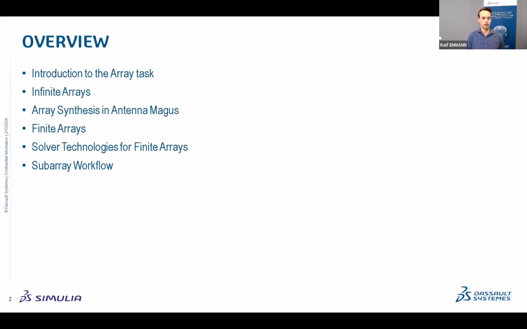and then move on to array synthesis in Antenna Magus, talk about finite arrays and the modeling and simulation thereof, and then really get into the depths of the solver technologies that we do have available for different types of finite arrays. And finally, I would like to end off with just a quick look at the Subarray workflow that